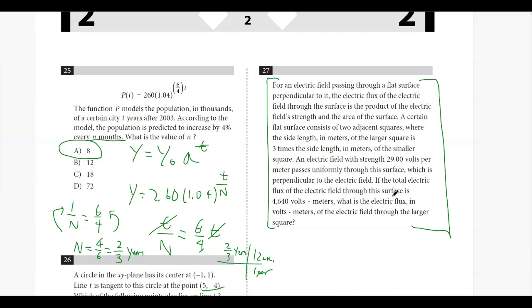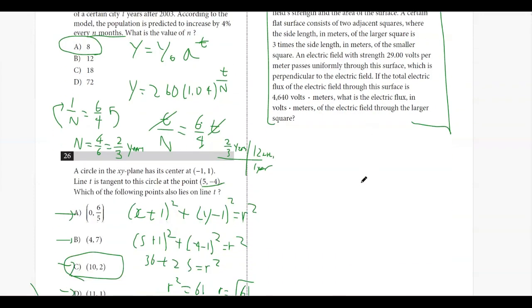What this question is saying is that if you have two squares here,